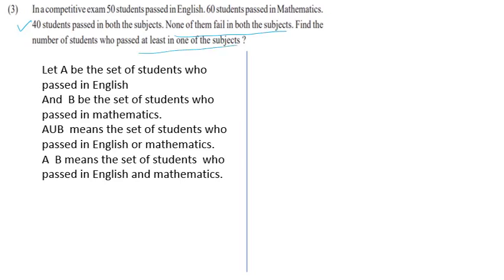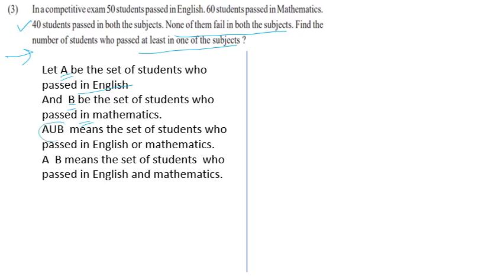Okay. Again, to solve this example, we have to consider two sets A and B. Let A be the set of students who pass in English. And B be the set of students who pass in mathematics. इथे आपण पुन्हा दोन सेट कन्सिडर केले A and B. प्रत्येक वेळेस A, B घेतलं पाहिजे नाव असं काही नाही. XYZ तुम्ही काही अल्फाबेट यूज करू शकता. आपण इथे A सेट घेतलाय, सेट ऑफ स्टुडंट्स हू पास इन English and B the set of students who pass in mathematics. Okay. Then A union B.